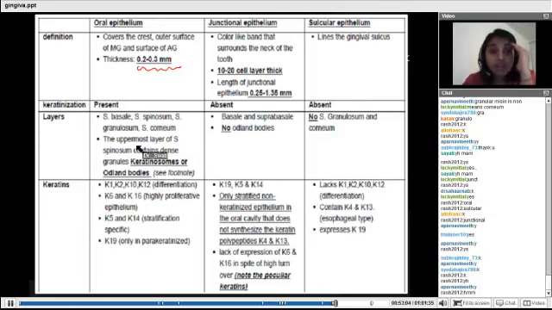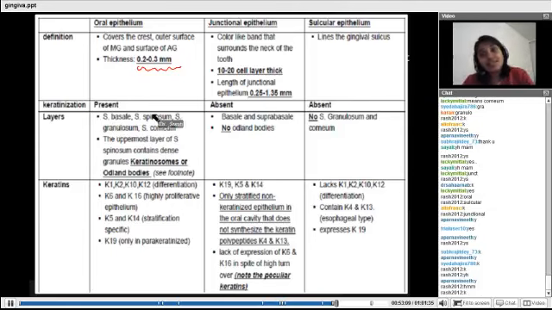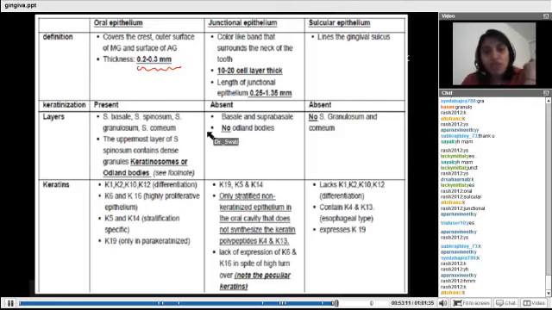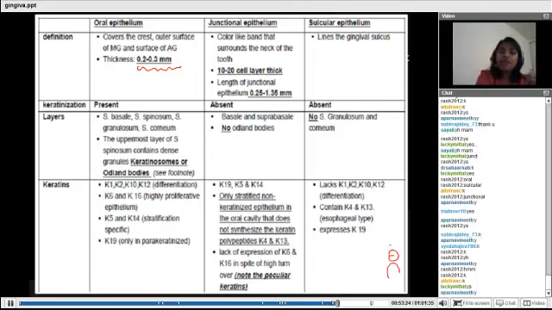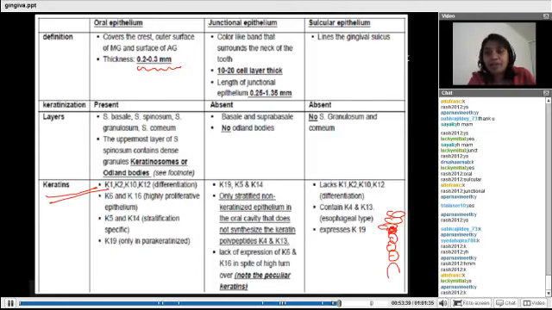Then we have certain kinds of keratins. Now before I say what keratins are, you have to understand that keratins are nothing but a kind of proteins. There are various kinds of these proteins that give the characteristic to the epithelium, and their numbering system is opposite. So if I say a number having low number, for example, if I say K1,